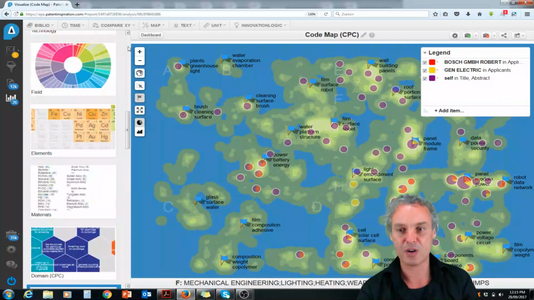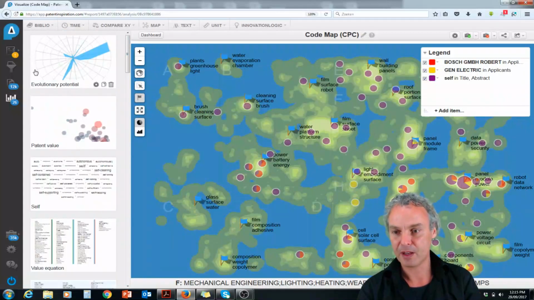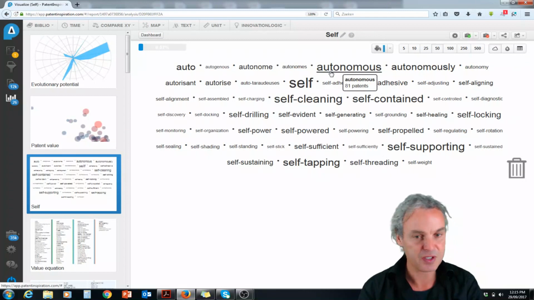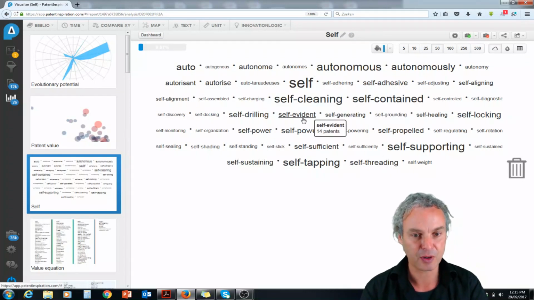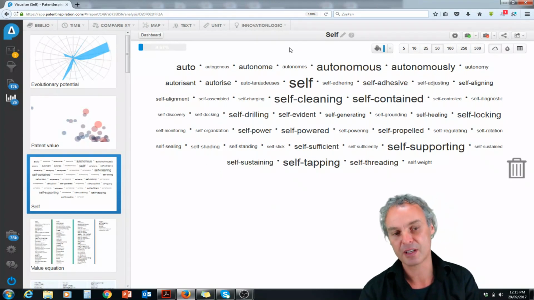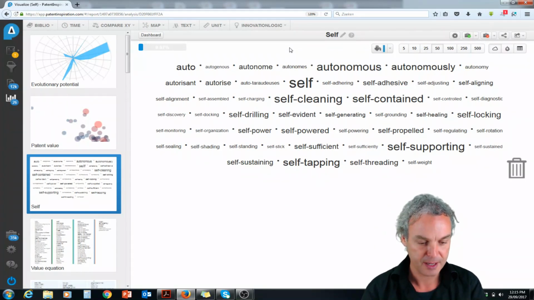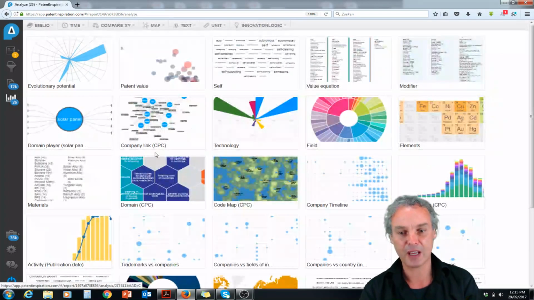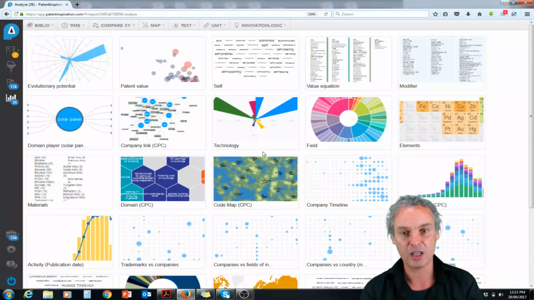A self function, as you know, it's a bit of a direction, and it will be a text analysis that we will do. Here we have it. So basically you can say the direction of self-cleaning, self-containing, self-locking, self-powering, self-porting in the domain of solar panels is quite present. So like that, basically you can visualize already quite some data into either maps or into word clouds